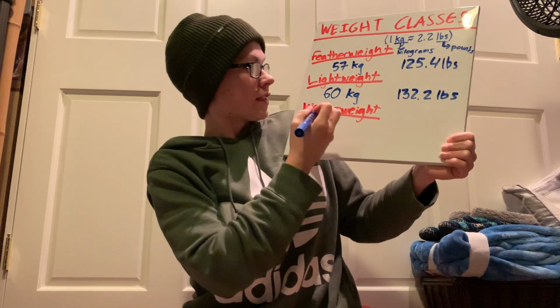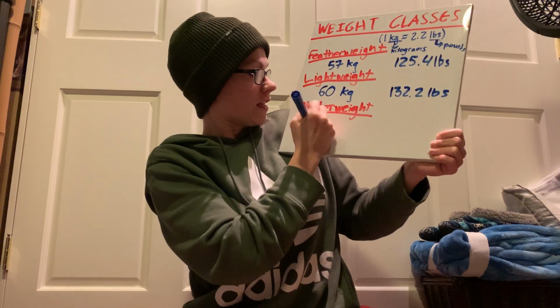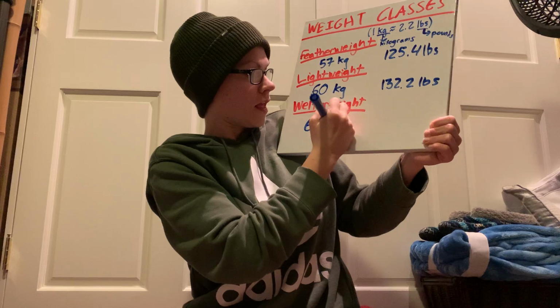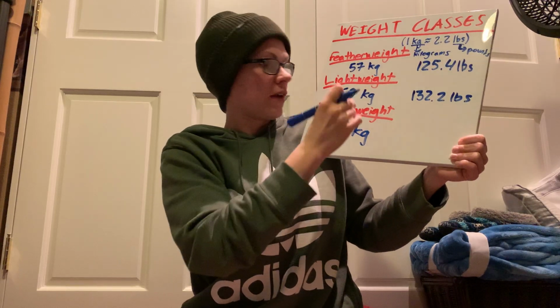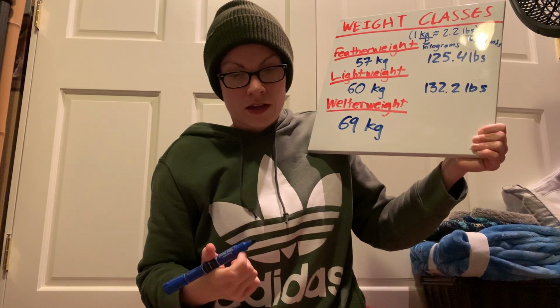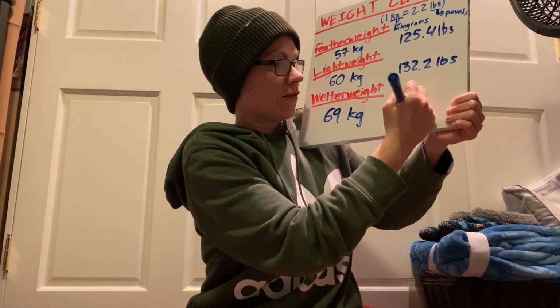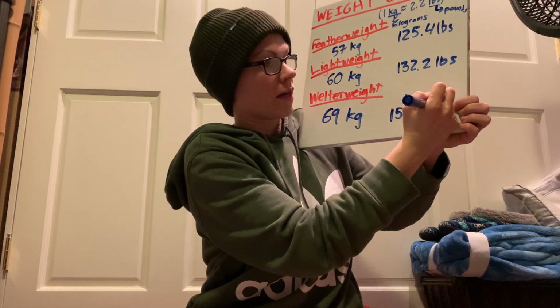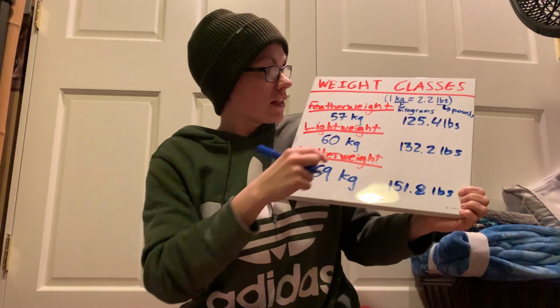And this weight class, it's a much bigger gap, is 69 kilograms. And part of the motivation for staying in the lightweight is this big gap in weight, and I'll explain why. And so this comes out to approximately 151.8 pounds. And so how a weight class works is, let's say I'm 130 pounds at weigh-in at the start